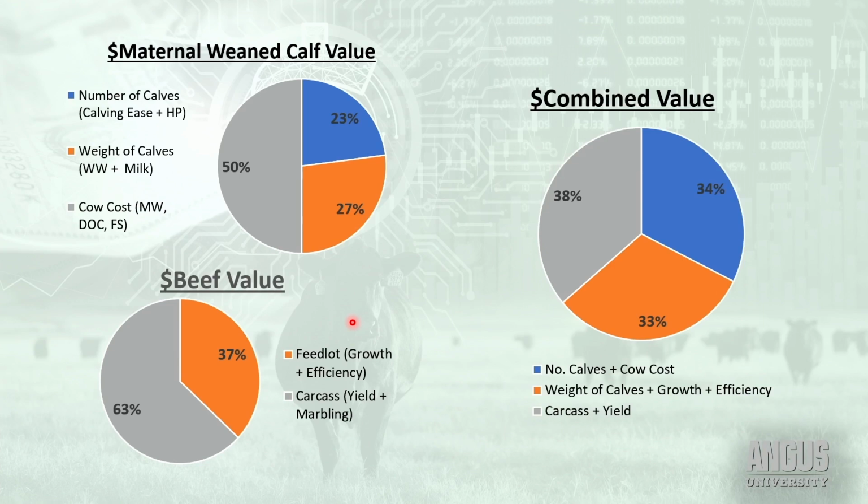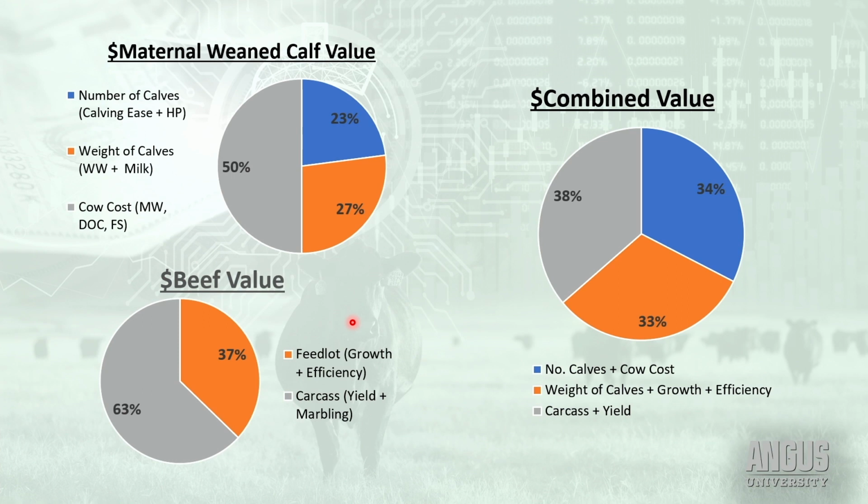So when we try to break down what is the weight of these individual traits inside of this index, Esther and I have worked together to try to group these so you guys can get a little bit more of an inside look as to how these individual traits are weighted inside of these indexes. So let's start up there in the left-hand corner with maternal weaned calf value. As you can see there in the blue, that's your wedge that's really going to be consistent with the number